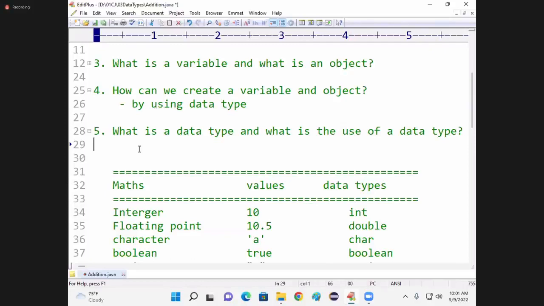Everyone understand? So tell me once again, which data type we use for creating variable? Keywords. Which data type we use to create object? Class name. Okay? Now come on, write down. What is a data type? A keyword